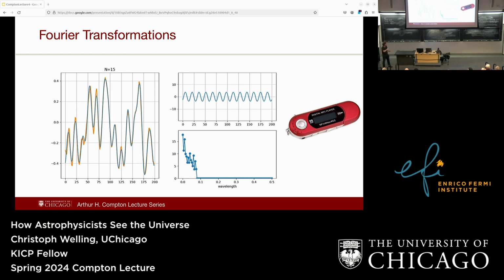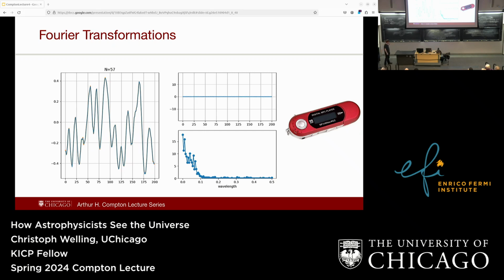So what we can do is take the song, so we take this electrical signal that has to be sent to the speaker. We calculate which waves we have to add up. Then we store this on our MP3 player, and when we want to play it back, we read this data, add up all the waves together again, and then we get our signal back, and we can listen to the song.